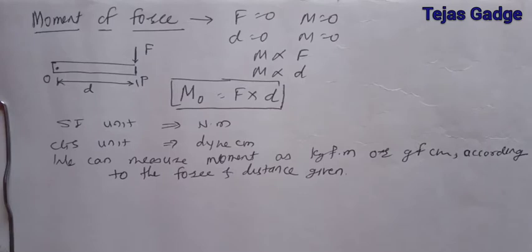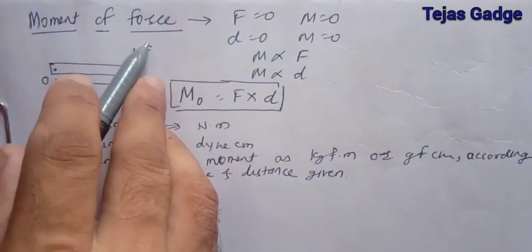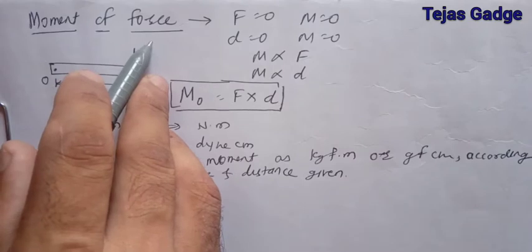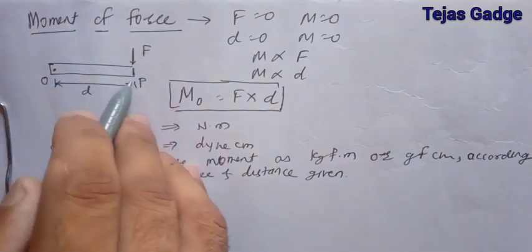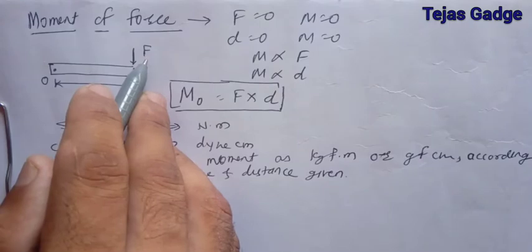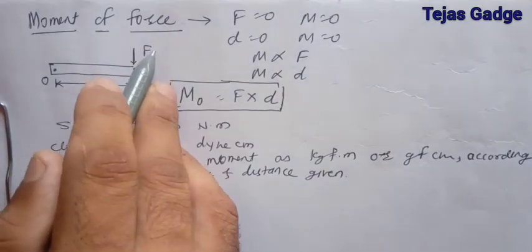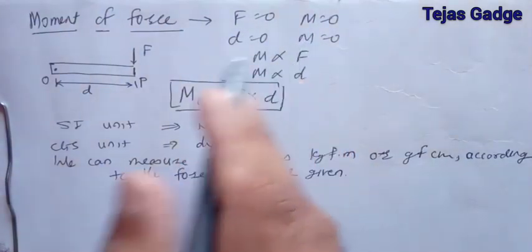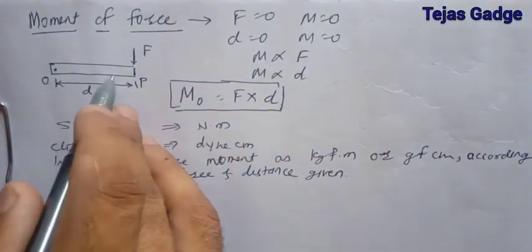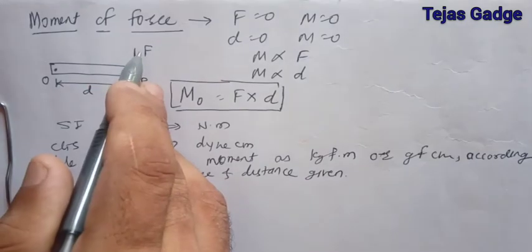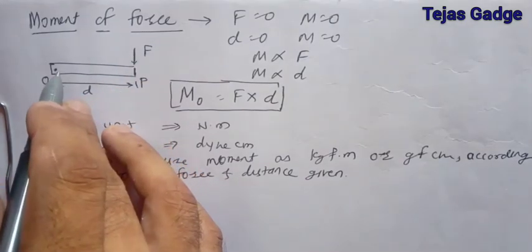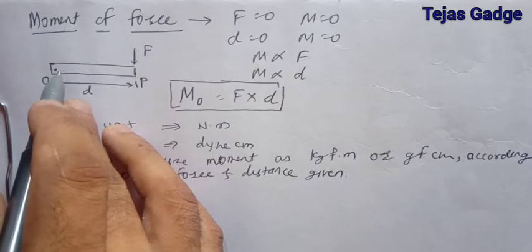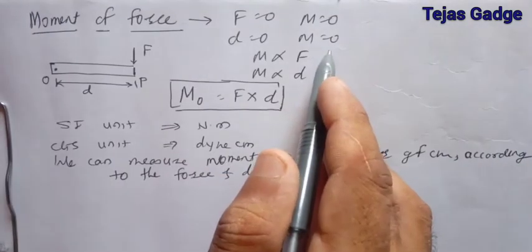Hello students, recalling the last lecture, we have seen that moment of force can be checked by the parameters. Let us take a rod with some force applying on the body. If the magnitude of force is 0, we do not get any moment. Second case, if this distance is 0, it means the force may be on a pivot. In that case also the body will not turn, that's why moment will be 0.